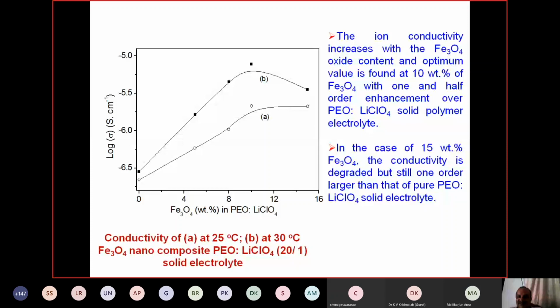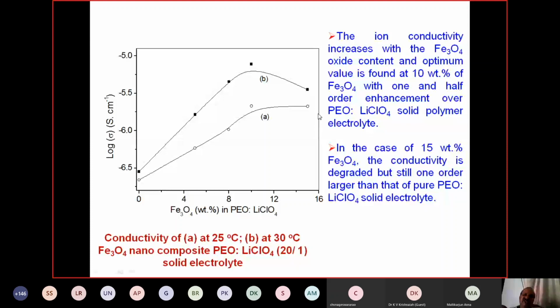So why is the conductivity increased here? Because whenever we are doping, that means adding a higher content, again there is aggregation of nanoparticles taking place. Even though lone pairs of electrons are available, the aggregation is restricting the movement of the ions. Okay, that means it can accommodate only up to a particular composition. Behind that, the mechanical property also decreases, and the ion transport properties also decrease.